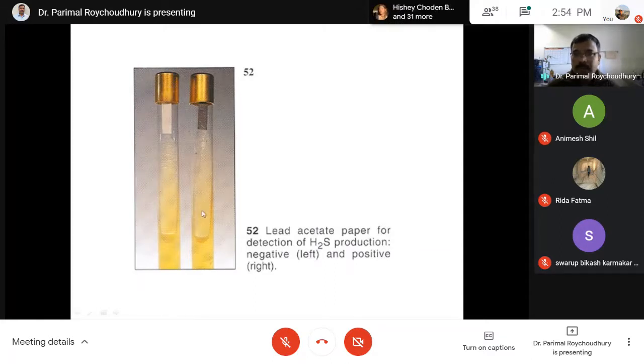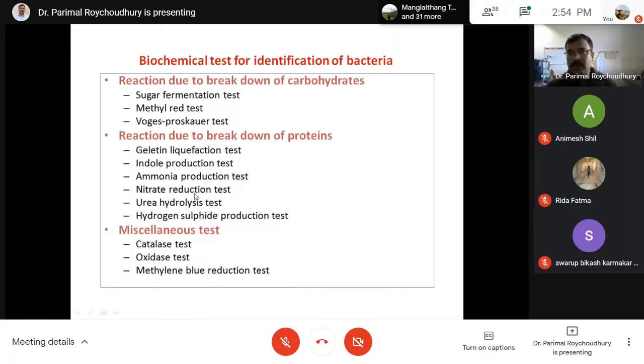So if the bacteria is able to produce hydrogen sulfide by degrading the sulfur containing amino acids, then this lead acetate paper will become black. That indicates it is positive for H2S. So these are some of the tests which are based on the reaction due to breakdown of proteins. Okay, I guess you are getting some idea how they work, and you have to go through all these different tests